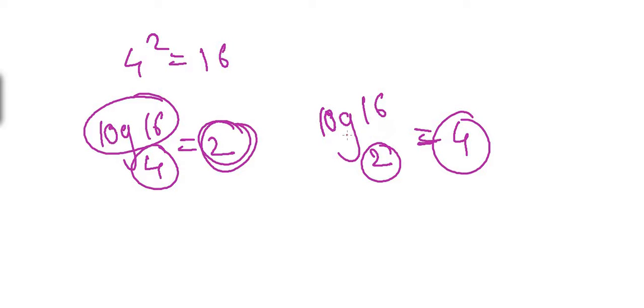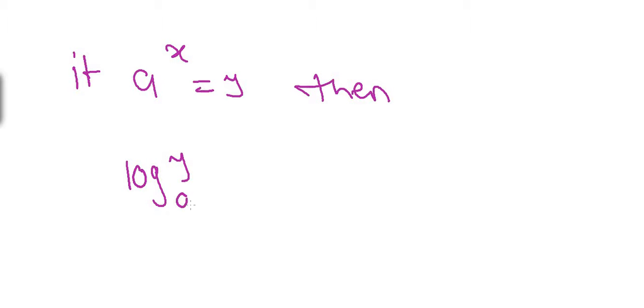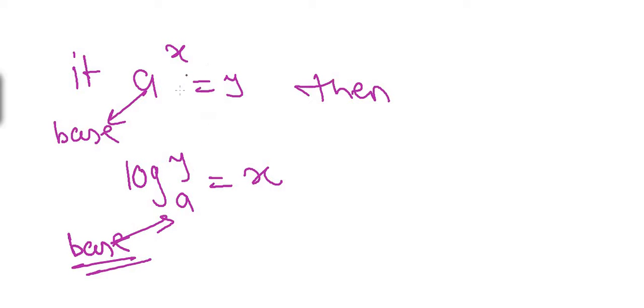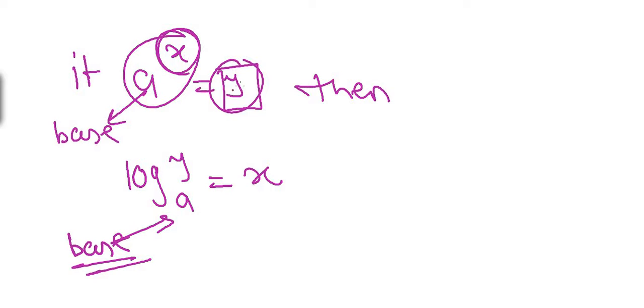Now let us define log with respect to exponential number. If the exponential form is a raised to x equal to y, then its logarithmic form is log of y to the base a is equal to x. In exponential form, a is known as base, and in logarithmic form also a is known as base. So if a raised to x is equal to y, then log of y, what should be there on the right hand side? X, because x is log. Whose log? Log of y. To what base? A. So log of y to the base a is equal to x.